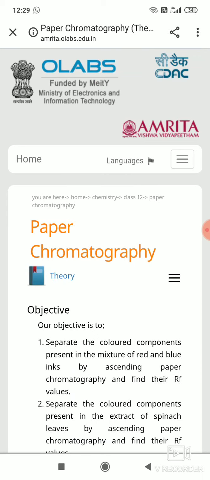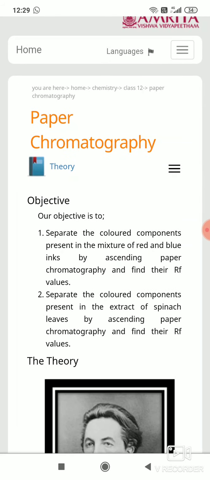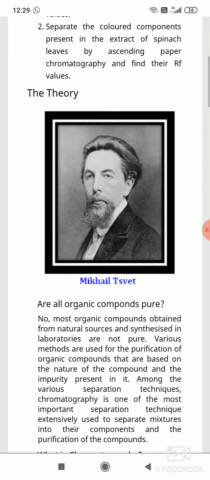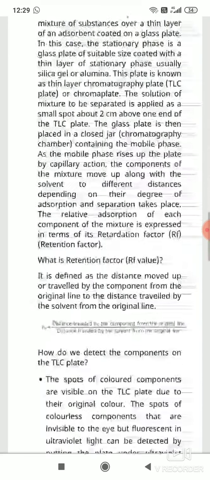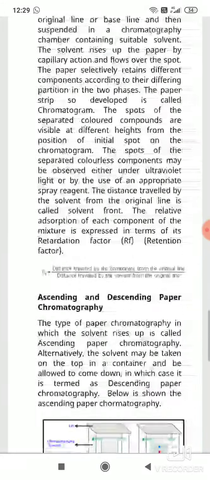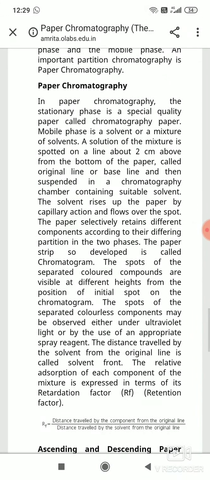The complete sequence of the practical will appear on the OLAP site. Like here, the objective of the practical is to separate the mixture of red and blue ink by ascending paper chromatography and find their RF values. Theory is also given. Only write about the paper chromatography in theory, this much only.